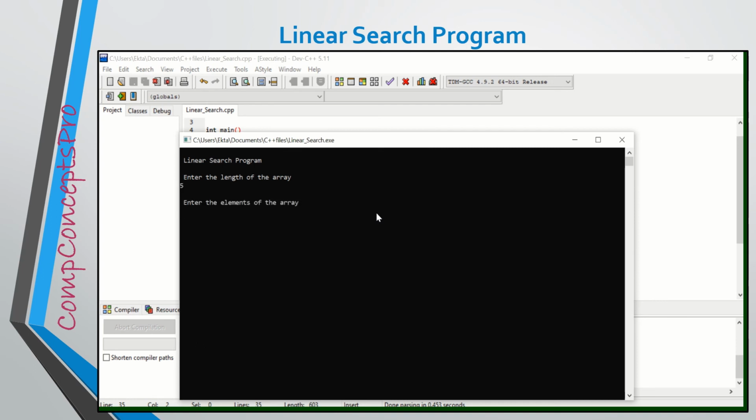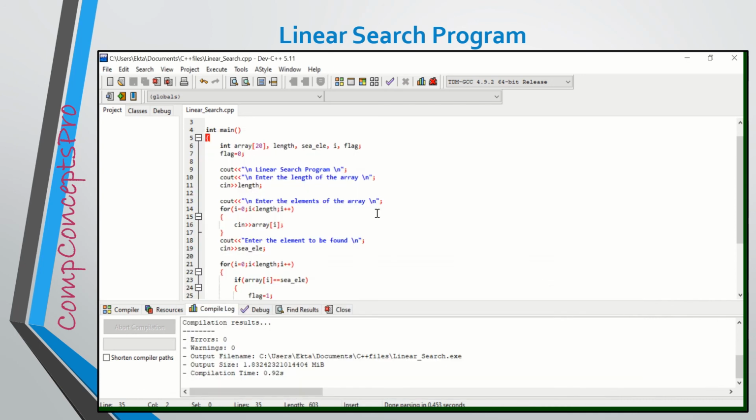The proper heading is displayed, linear search program, and then the user has given the length of the array as 5. Now we can enter some random values inside the array. Next is the element which has to be found. Say we want to find element 67, which is found at position 2.